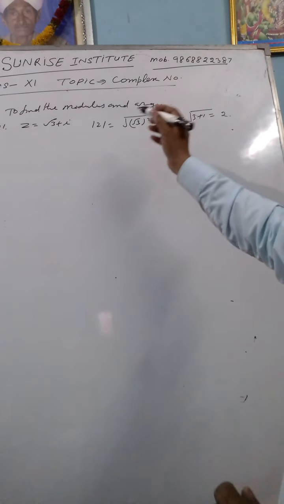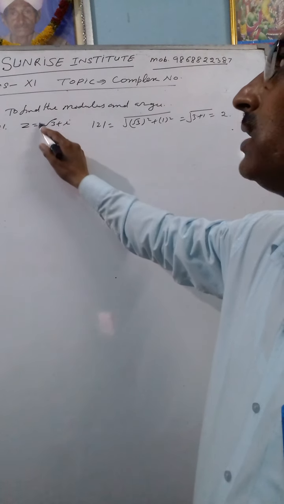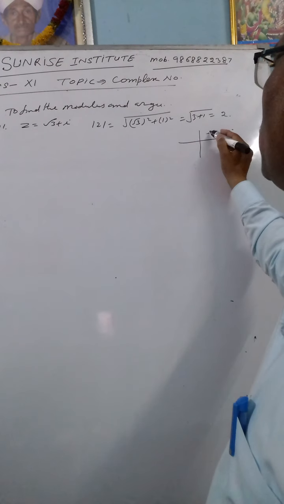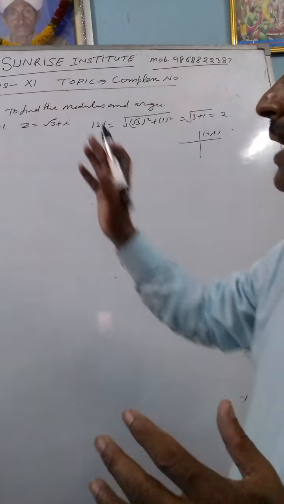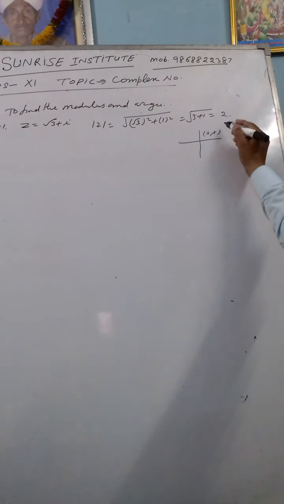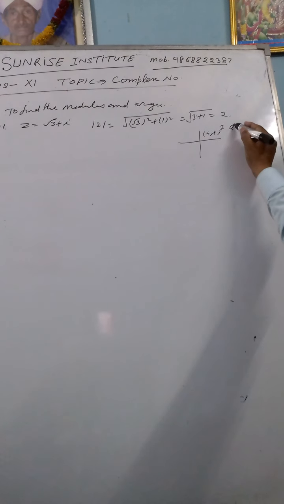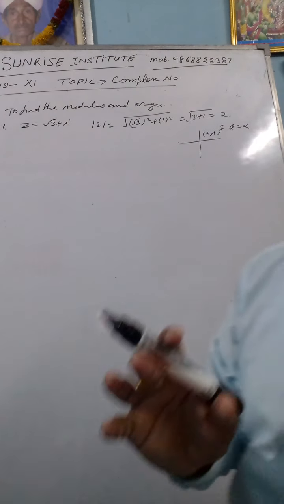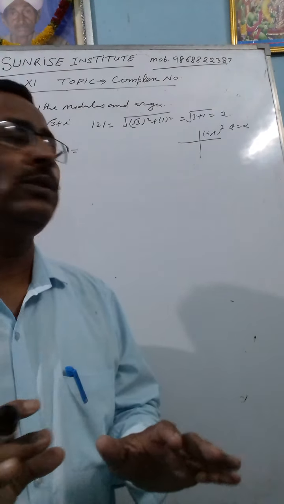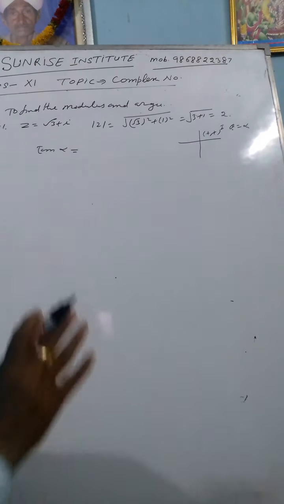Then the argument of this lies in the first quadrant. Okay students, we have already taught you that the imaginary part and real part will be positive. So students, this lies in the first quadrant, and in the first quadrant theta equal to alpha. Okay student, then first we find alpha, then tan alpha equal to imaginary part of z upon real part of z.